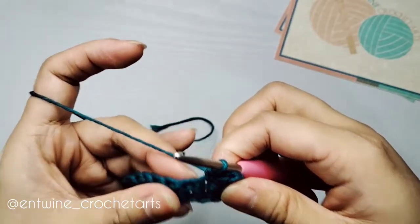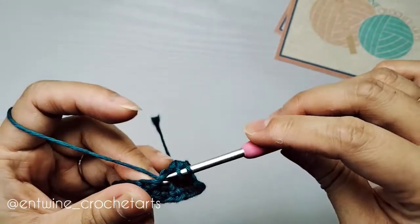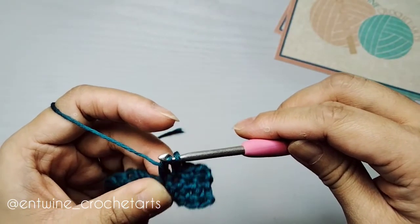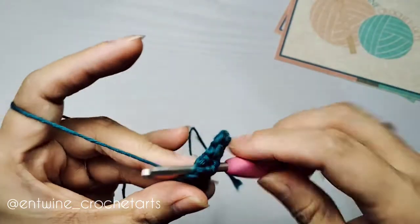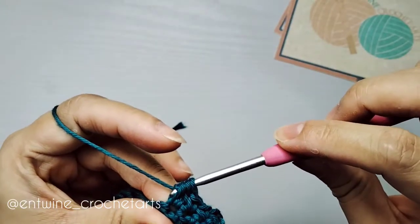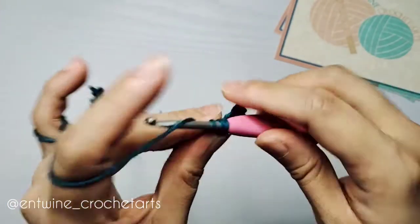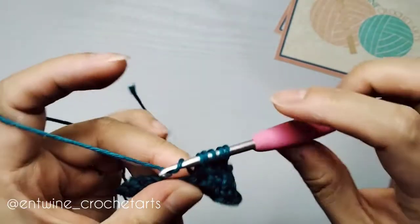We will now start our bubble stitch by yarning over, insert hook into the stitch, yarn over, pull through 2 loops, and then again yarn over, insert your hook into that same stitch, yarn over, pull through 2 loops. We will do this for 2 more times. Yarn over, insert your hook, yarn over, pull through 2 loops,